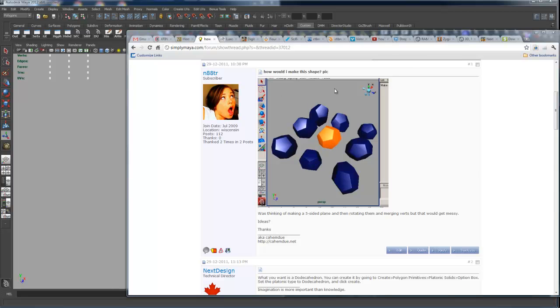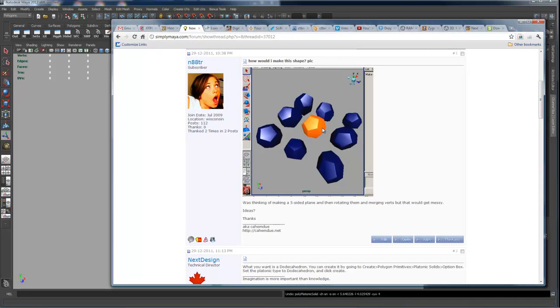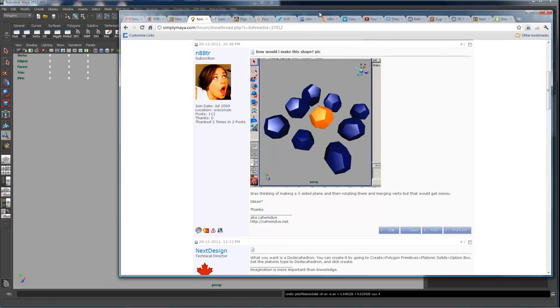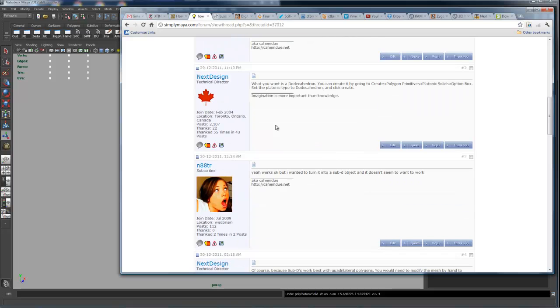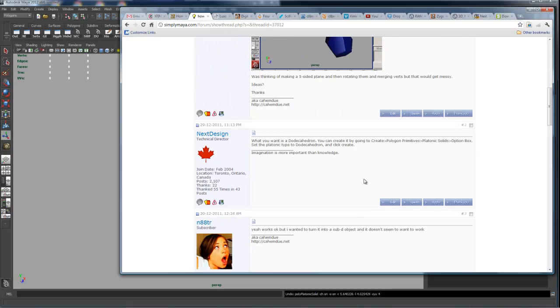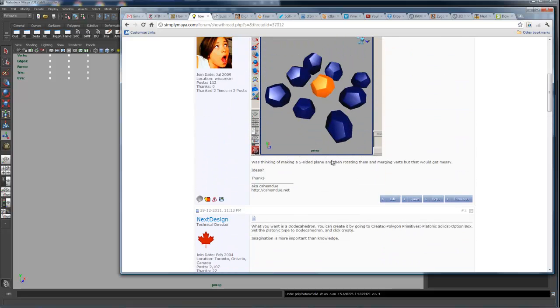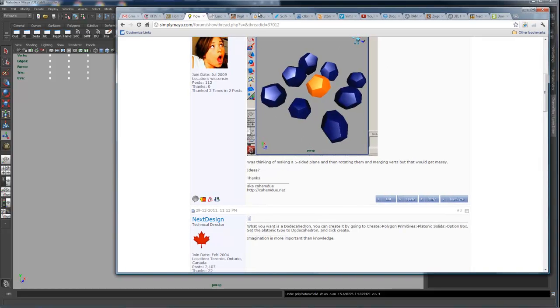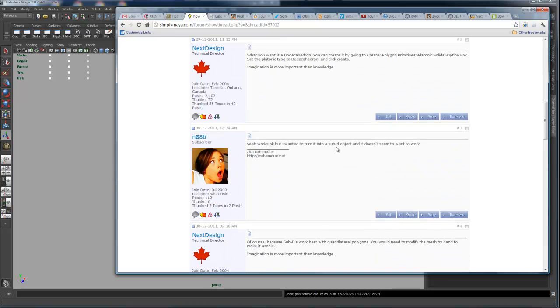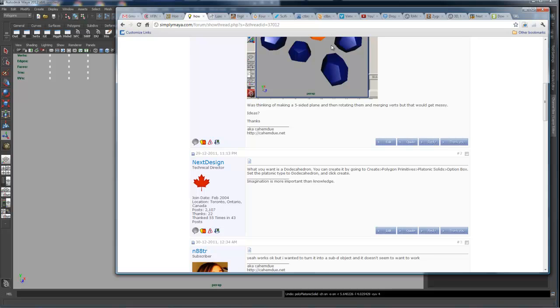NTTR recently posted a question in the forums asking how we would make these dodecahedron shapes here and then be able to smooth them. Next Design actually gave the correct response, I believe the best solution, which was to use the platonic solid creation tool in Maya to create the dodecahedron, and then to be able to smooth it, you just throw a bevel on the entire